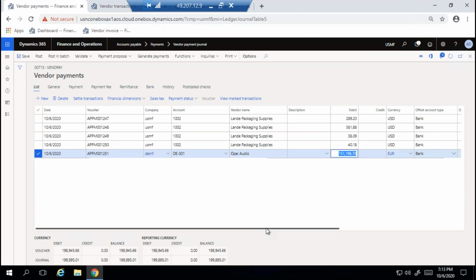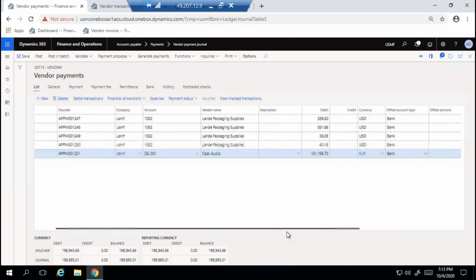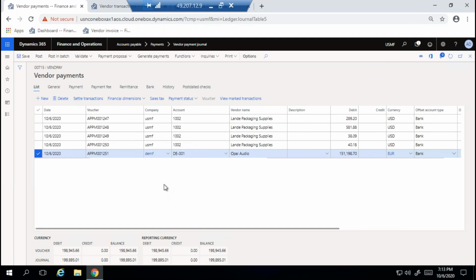So you are doing payment from USMF company for DEMF company. Understood? Any doubt in this? You can do the payments for other legal entities also. These two options, I'm deleting this one.